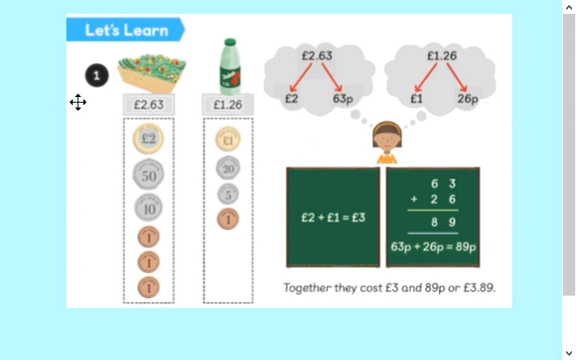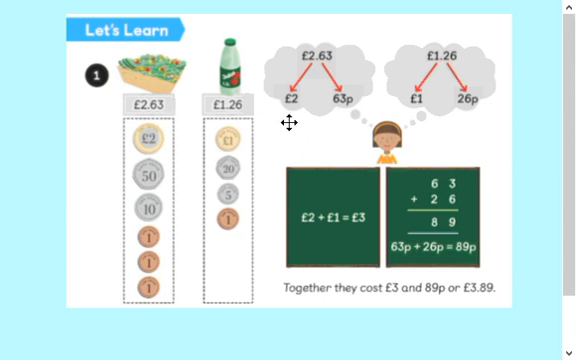Okay, let's learn. So we can see here, this item is costing £2.63. If I wanted to break that up into coins, I could have £2, 50, 60, 3. This bottle here is £1.26. So we've got the pound, 25, 6. Now, what we could do to find out whether we've got, to add these two together, if we wanted to,